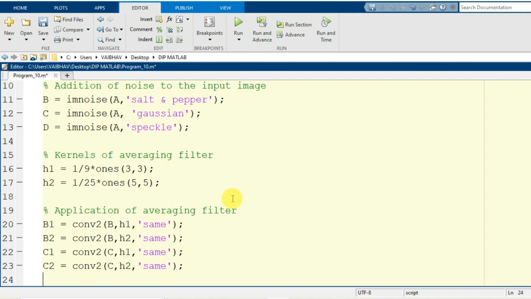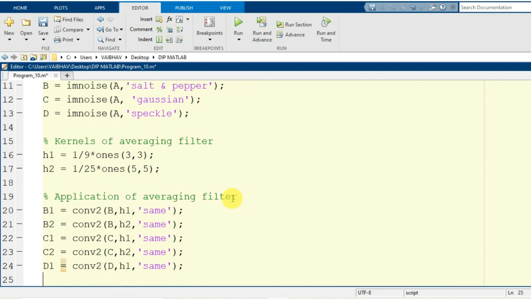Now we will go for the noise type speckle here. So the corresponding variables in this sequence we will be generating are capital D1 and capital D2. So D1 we will be obtaining by conv2 on capital D comma H1 comma, here I write same.